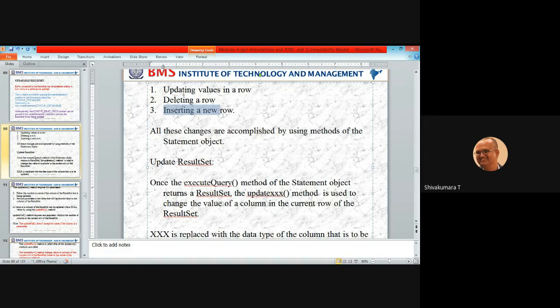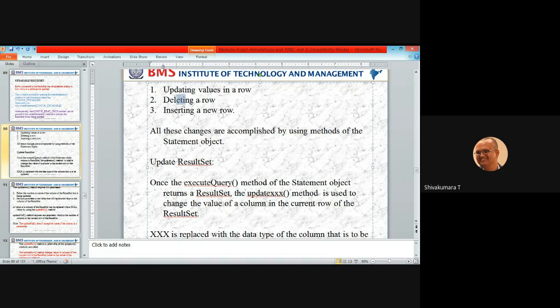So each row you can update, each row you can delete, each row you can insert. If it is a new record, insertion. If you want to modify the existing record, updating. If you don't want that record for a longer period of time, deleting. These three operations you can perform on an updatable result set.